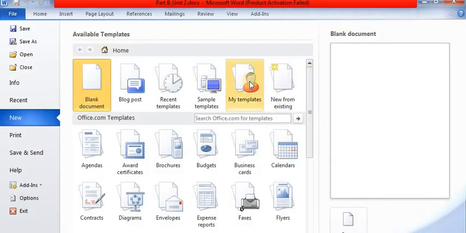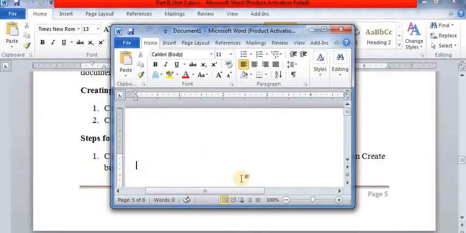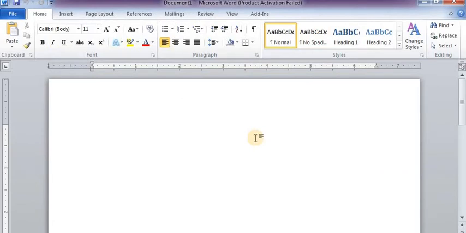Now there are two ways. First of all, click on Blank document and create. So here you will design your form. For example, RLVM.